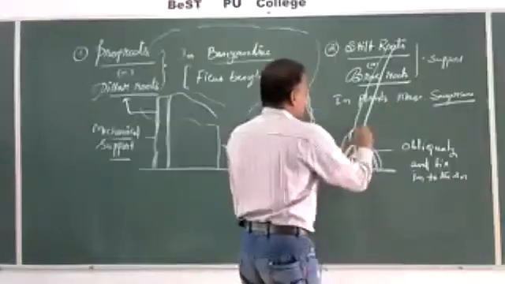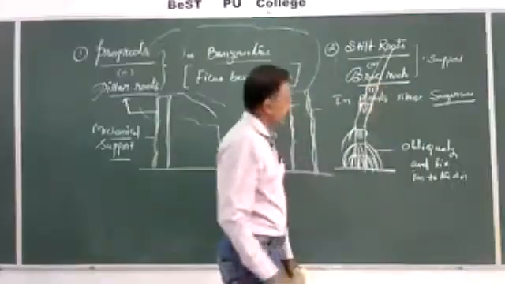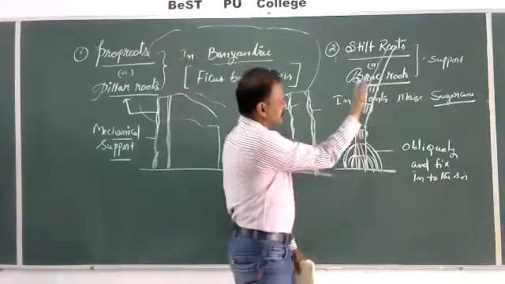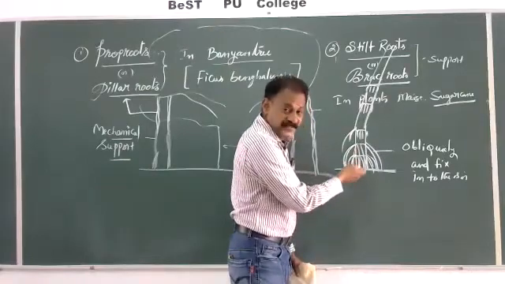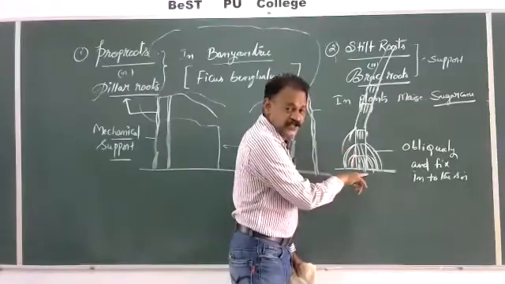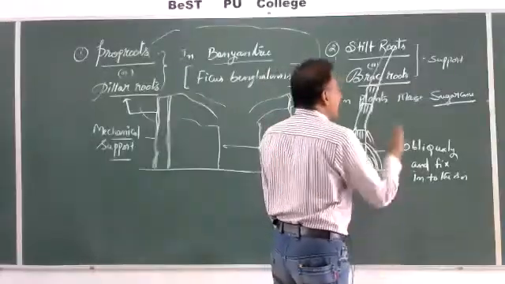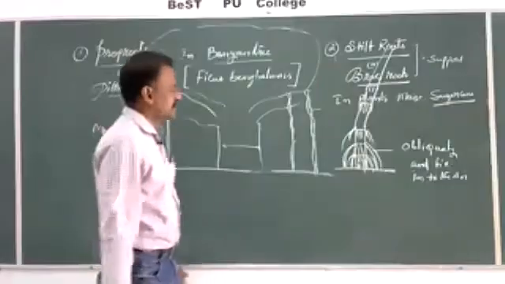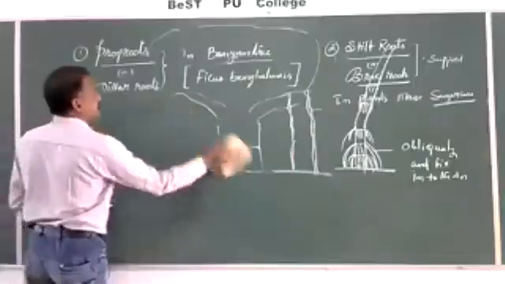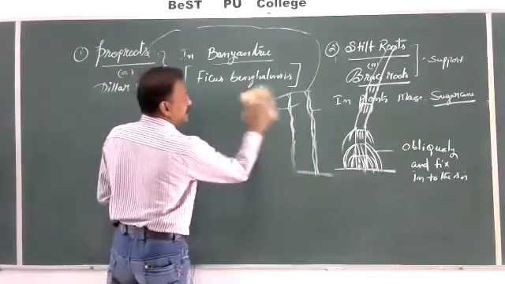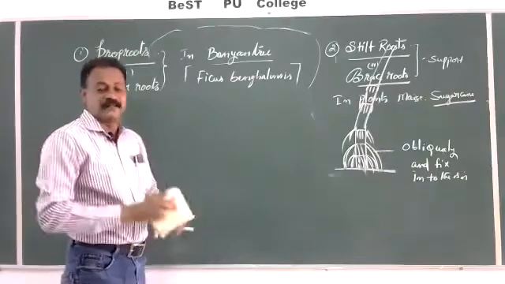Stilt roots, after some time when they have grown, are found near the nodes. The roots are developed at the nodes, which are nearer to the soil, the basal regions of the stem. Such roots are called stilt roots or brace roots, which give mechanical support against the wind velocity, whether towards the direction of the wind or against it. They are able to withstand the velocity of the wind.